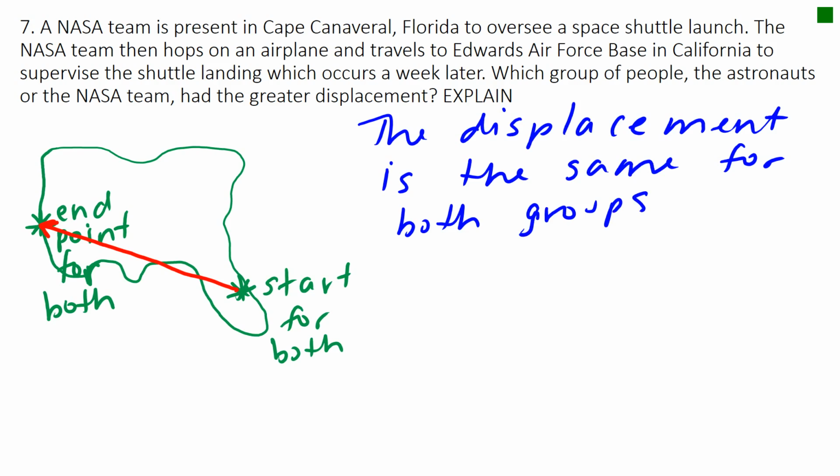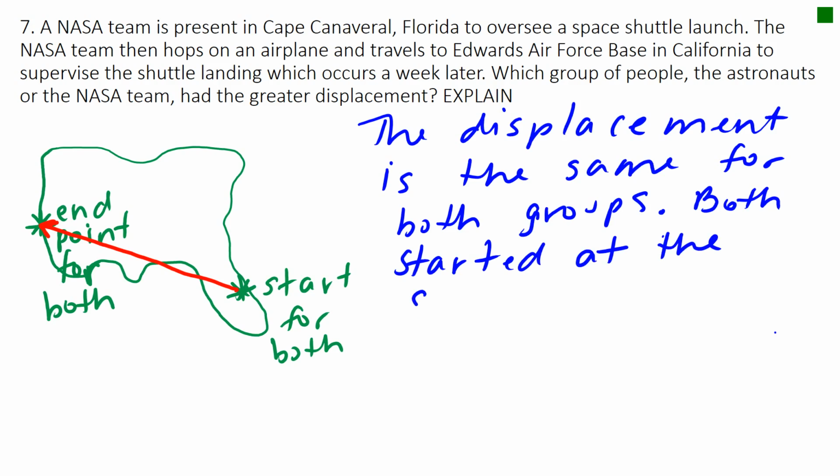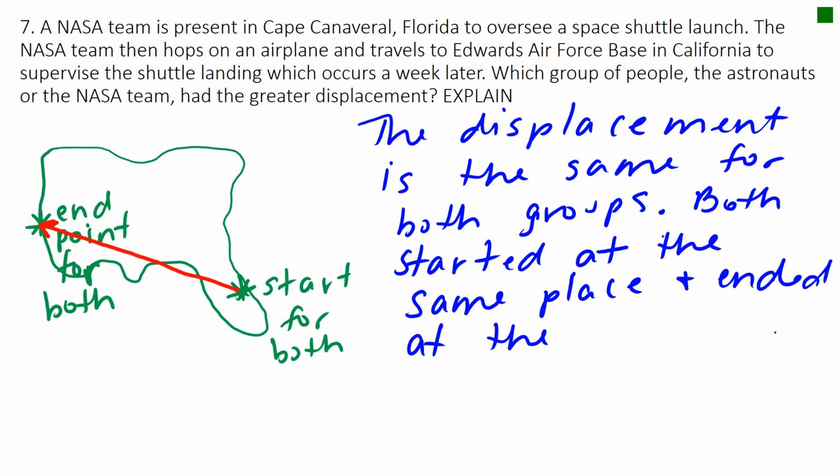The reason that it's the same for both groups is because both started at the same point, the same place, and ended at the same place. So displacement doesn't care that the astronauts went into outer space and did whatever it was that they did